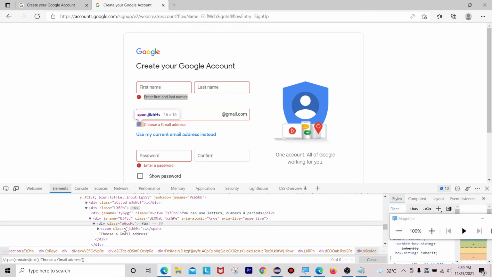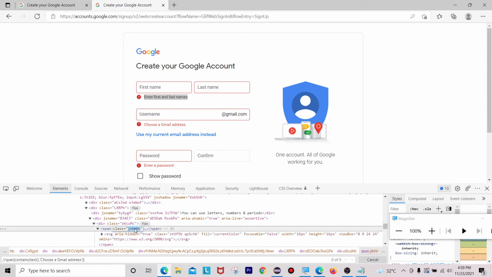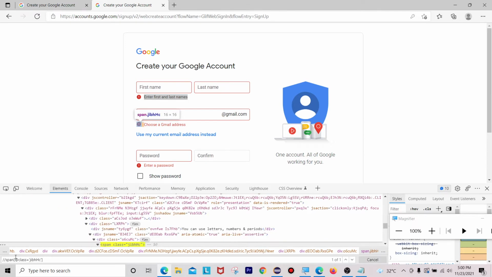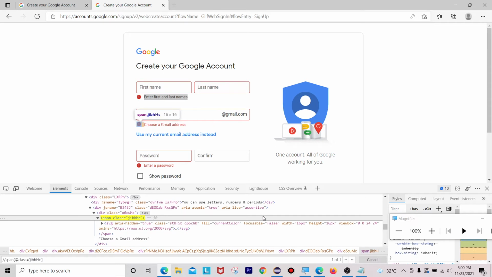Span. I will go with class name. Span at the rate class equals to, we'll see, there is only one web element, and after that you will have choose a Gmail address, right?